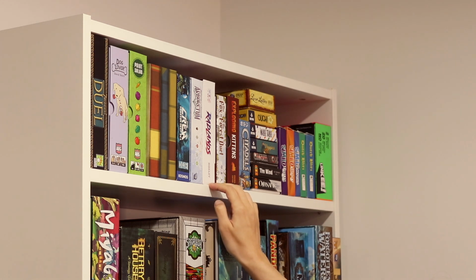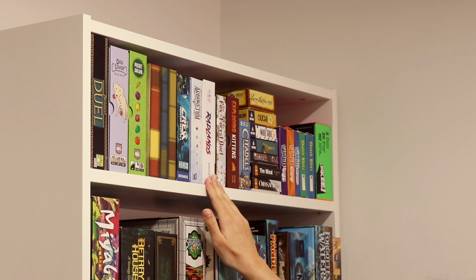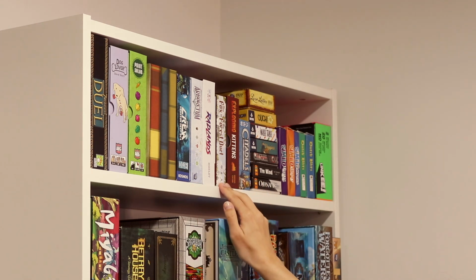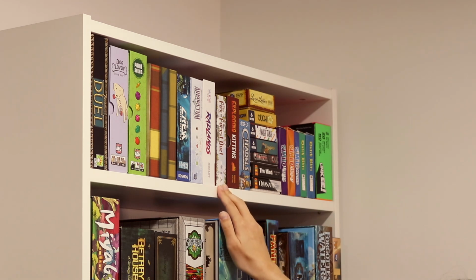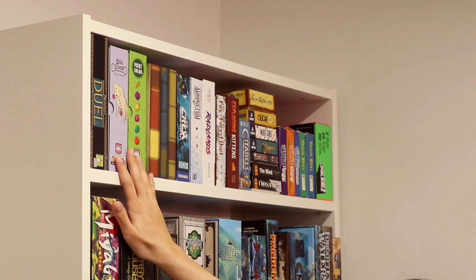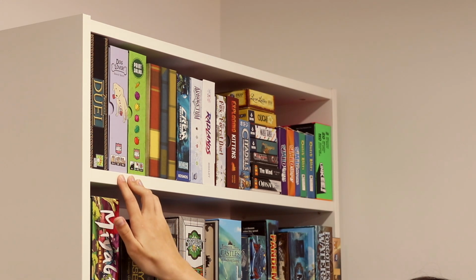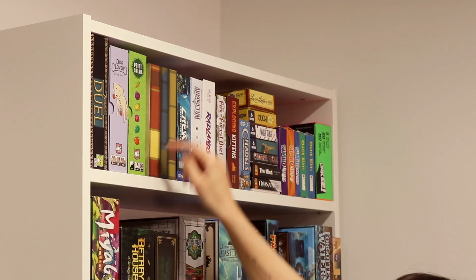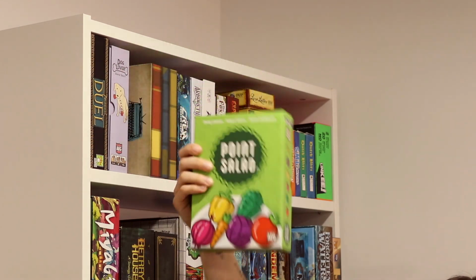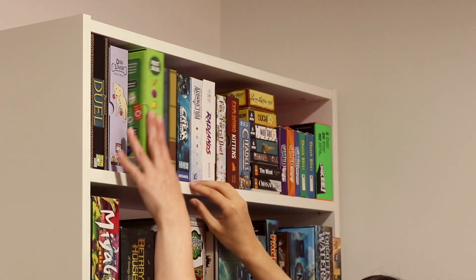Fantastic game. I will say we've only played Radlands once, we've only played Arboretum once. Really enjoyed both of them. I just feel like I can't put them in the collection as of yet, just because we've only played them a few times. The same with the Fox in the Forest Duet. So it's pretty much between Seven Wonders Duel, Dog Lover, and Point Salad, which are fantastic, fantastic games that we really enjoy playing. They can only, oh actually, Point Salad can go up to 6 players. That's kind of tempting. Love me some Point Salad. But I will say Francis doesn't love Point Salad, so